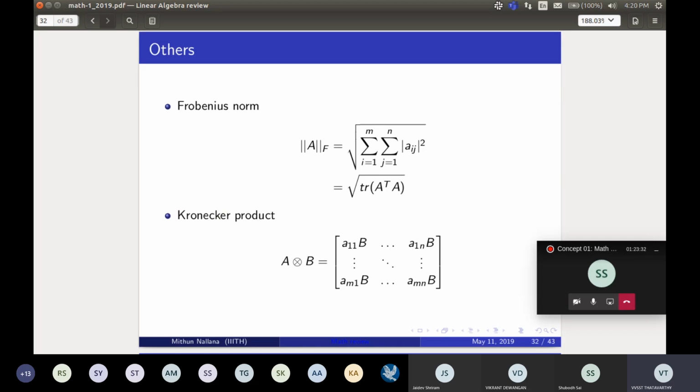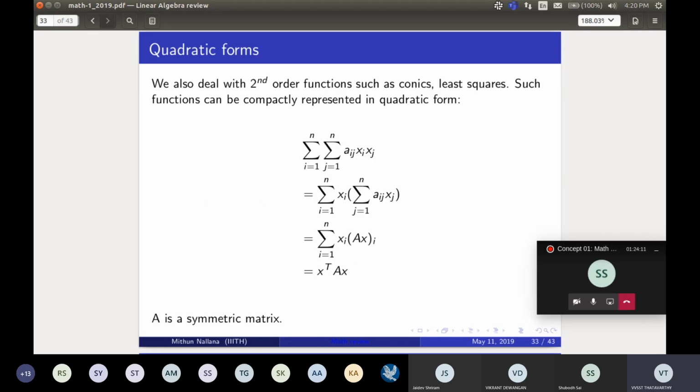Now the Kronecker product is defined in this way. You take every element. If you see A cross B here, it is not a direct vector cross product, but it is a Kronecker product. It is defined in this way, so it will blow up the output. If you take A as an M cross N matrix and B as another M cross N matrix, you will get a blown up version, because you will have these many copies for each and every element in A. There is a matrix B here, and each of the matrices is multiplied by those individual elements.